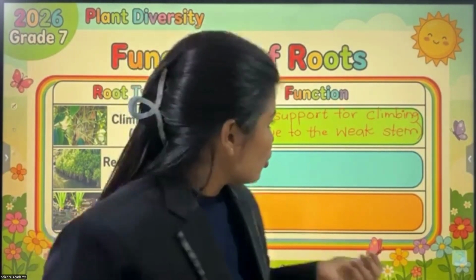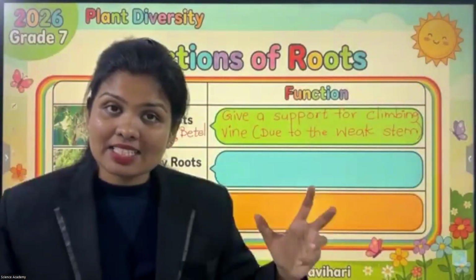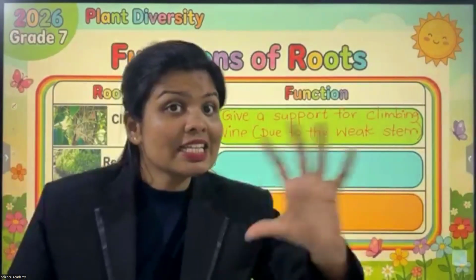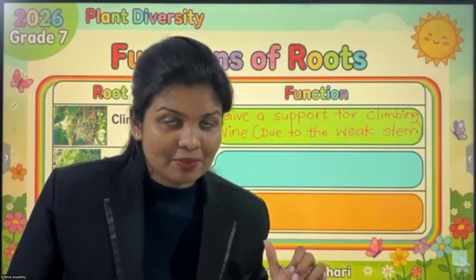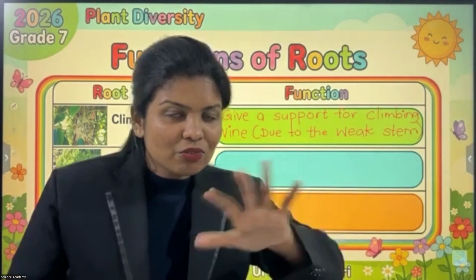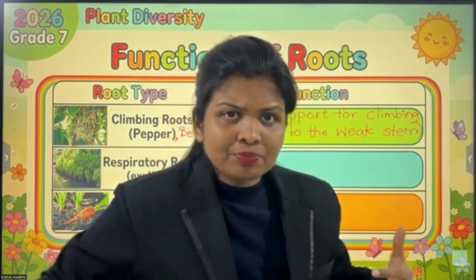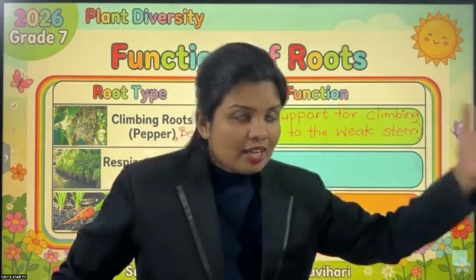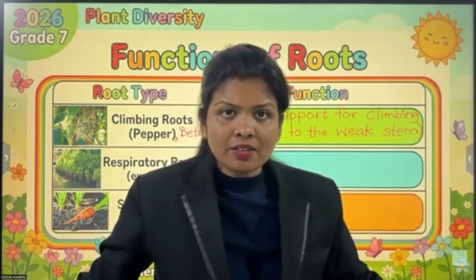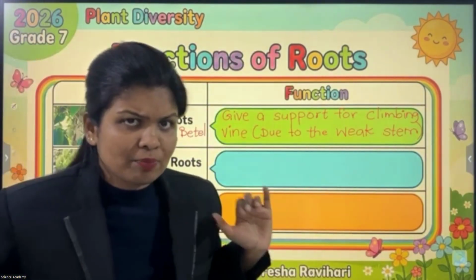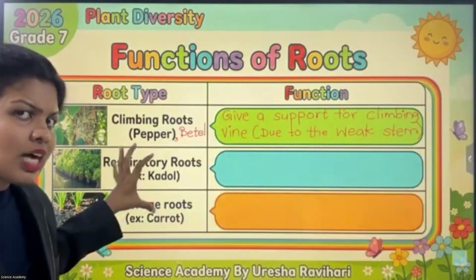Here, children, we can see these root-bearing plants on either sides of the river banks. When the river flows into the sea, plants on either sides of the river bear this characteristic feature, respiratory roots,